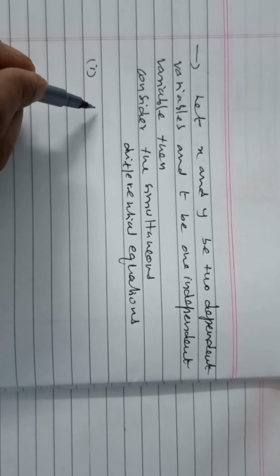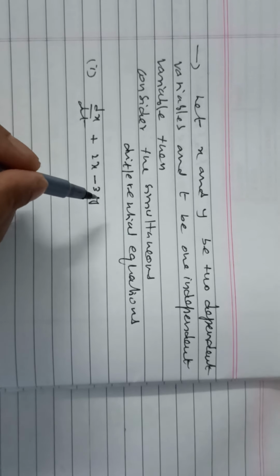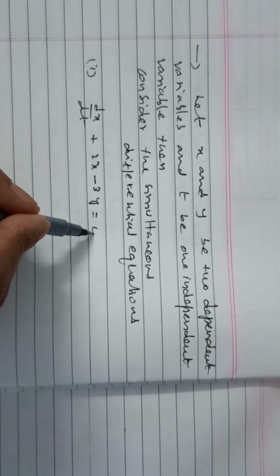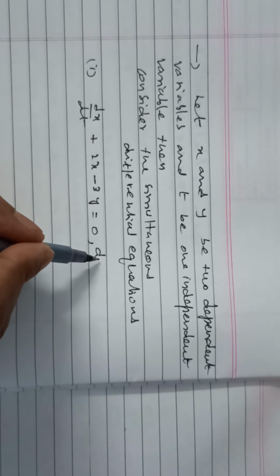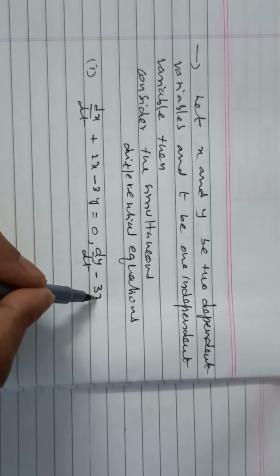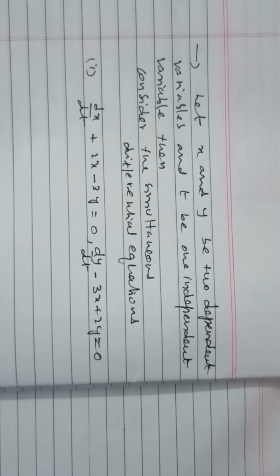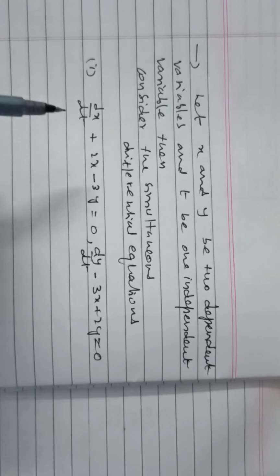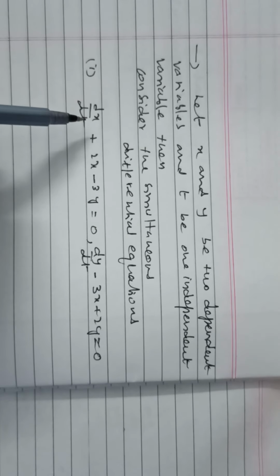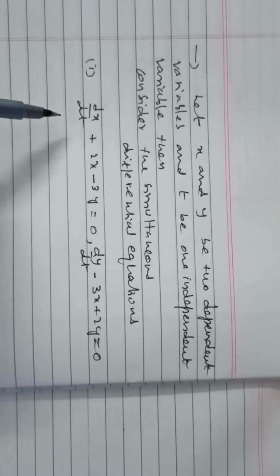Simultaneous differential equations. The first one, dx by dt plus 2x minus 3y is equal to 0. The other one is dy by dt minus 3x plus 2y is equal to 0. So these two are the simultaneous differential equations with two dependent variables x and y, and with respect to one